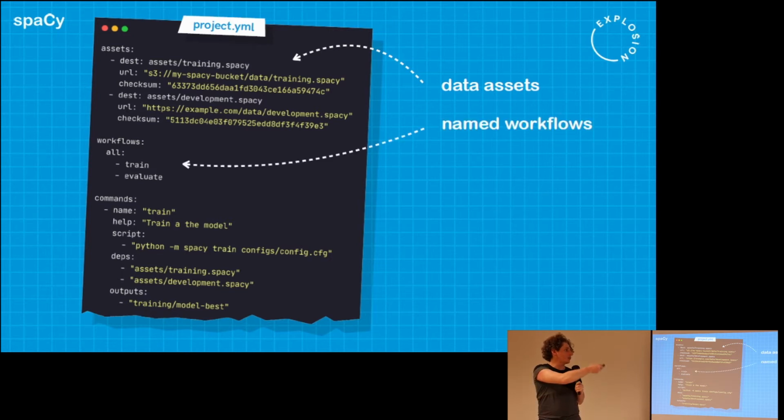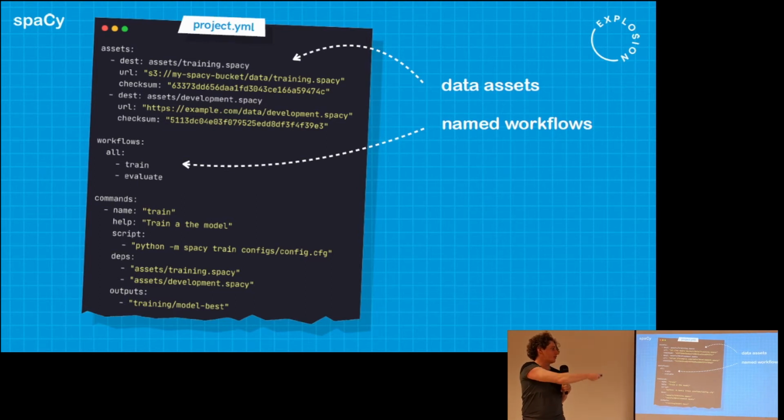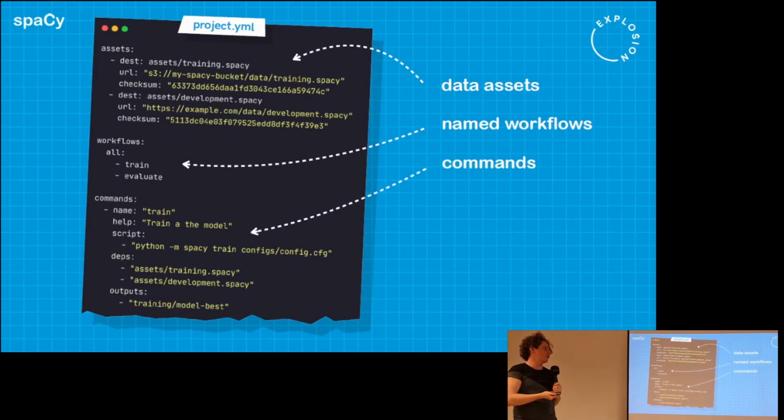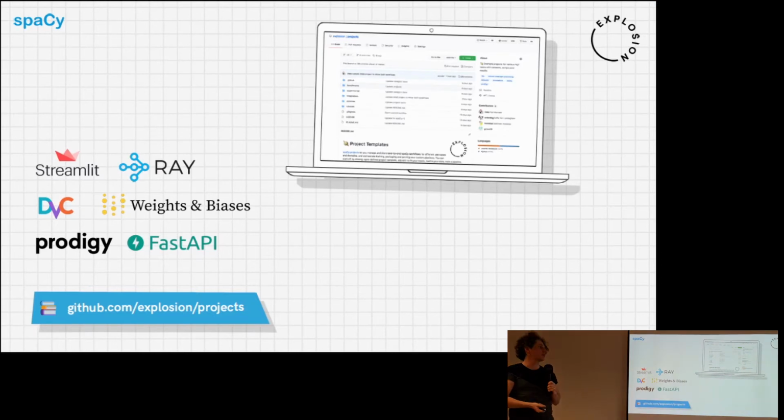And then the named workflows are basically just lists of commands where the individual commands are these things like this. So the help strings are used both in the command line interface and in the documentation that's generated. And then you can list the file dependencies here. So this is kind of like a makefile. It allows it to check that something doesn't need to be rerun, but it also allows it to calculate the uploads and downloads for the remote caching commands.